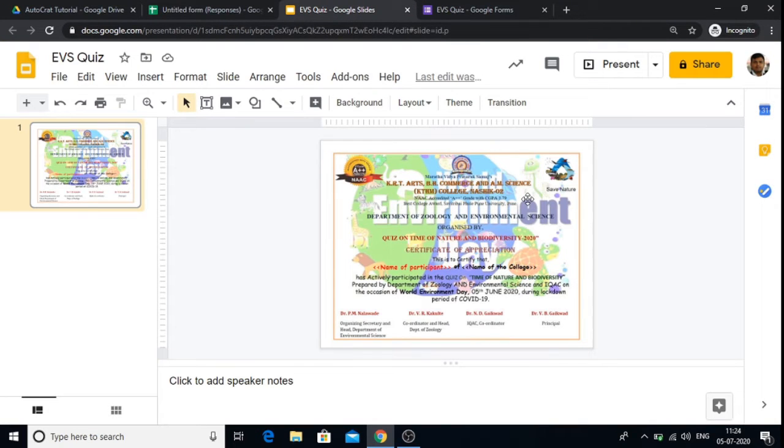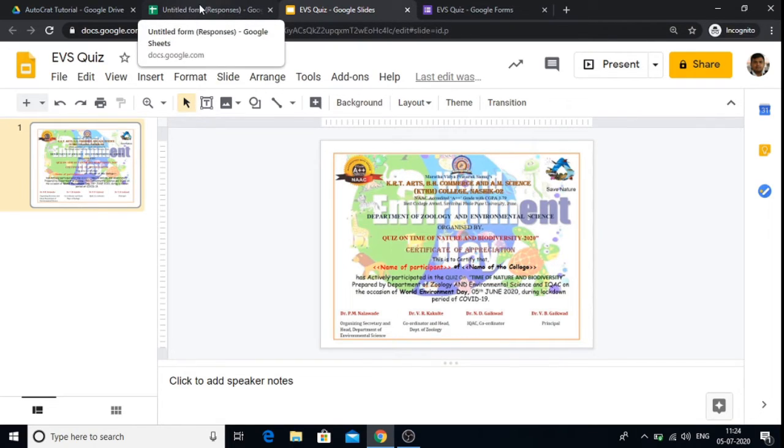Then open the Google Slide and add the parameters which you want to reflect on the certificates in the double angle brackets. As you observe, I have inserted the name of participant and the name of the college as a basic parameter which may reflect on the certificate.